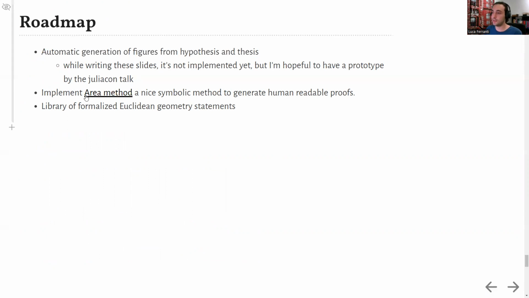Then another milestone is to implement the area method, which is a nice method because it gives human readable proofs. And the last goal, I think, would be nice to have a repository to collect formalized Euclidean geometry, sort of a library of